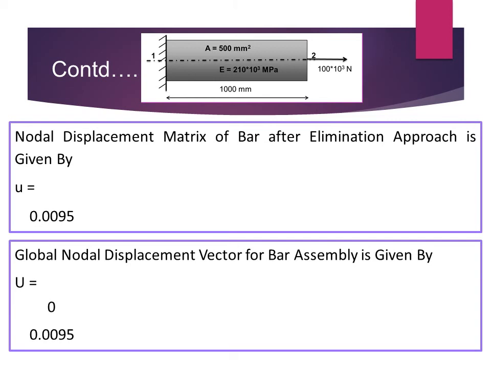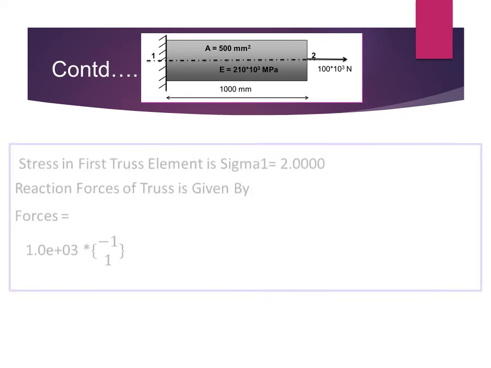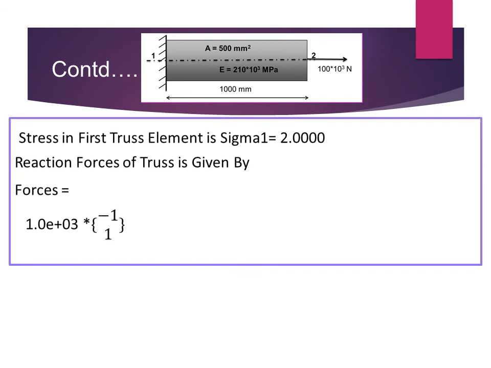Okay, clear? Next is the small u1 matrix. I am going to define here. What is the small u1 matrix? It is equal to, in the matrix, the first row, take the first 5. Next, the stress in the element is given by the program, that is sigma 1 is equal to 2 and the unit of sigma 1 is Newton per mm square.